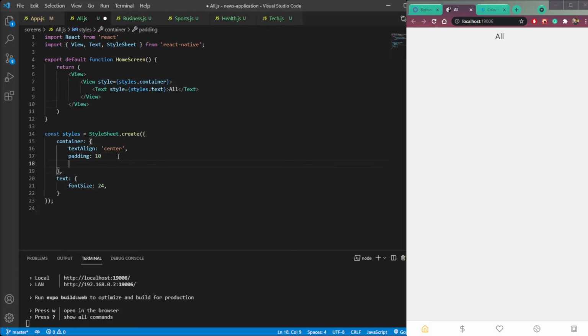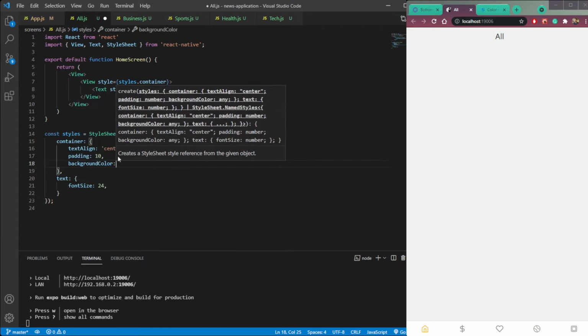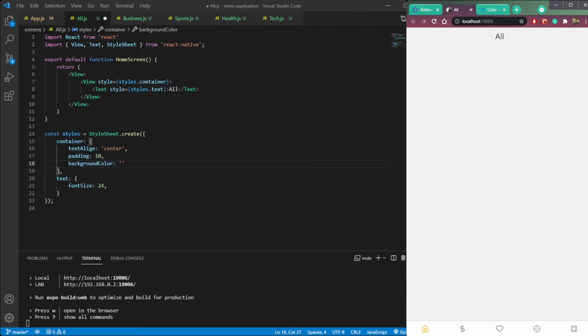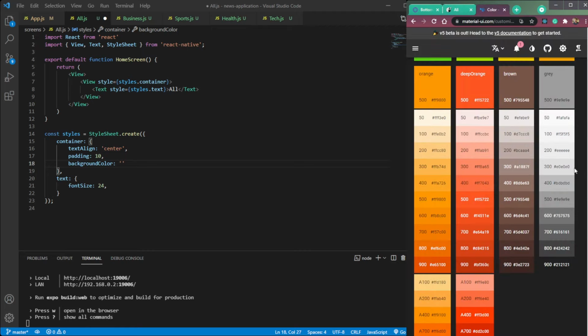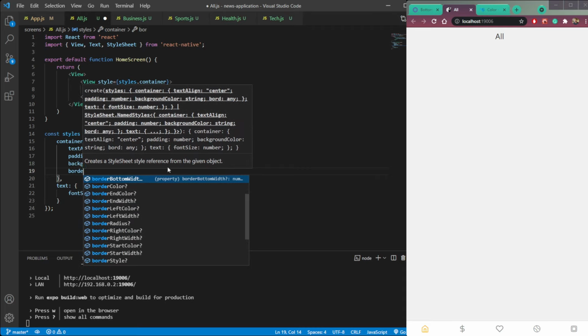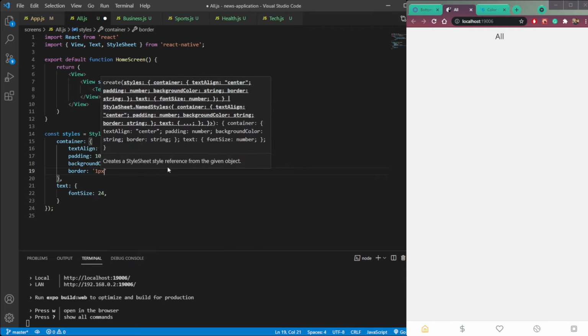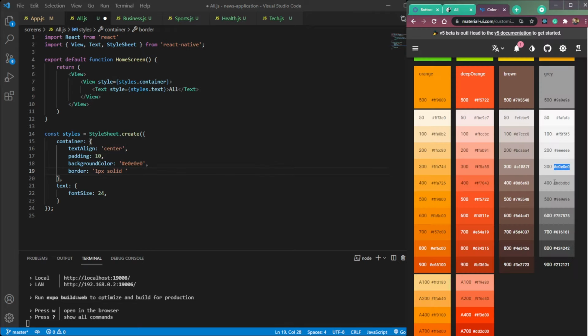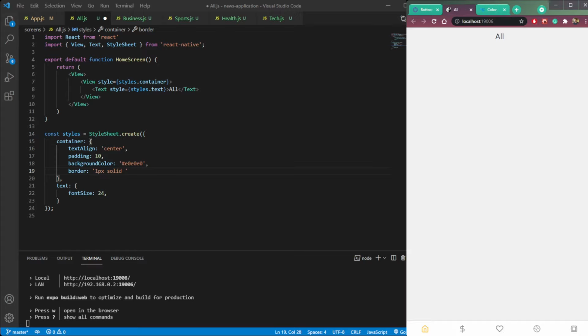So let's give it a background color of, let's say, gray. We can use this BD, or let's say you choose E0. So paste it here. Then we also need a border. So border 1px solid, and then we choose this one, BD, a slightly darker color than this E0.